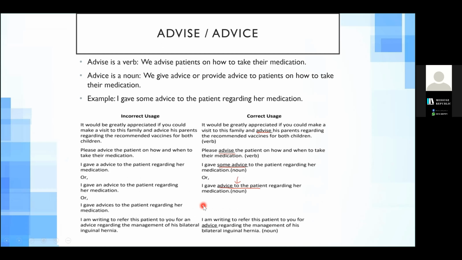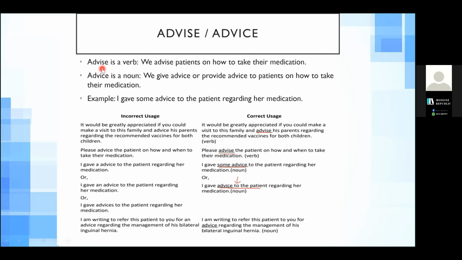Then, advise and advice. Just read this out loud. When we are using the s, advise, just say to yourself advise. It sounds like z, advise. And when we are using the c in advice, it comes out as advice. This will help you figure out where to use the word advise and where to use the word advice. This is just a trick that I used to remember it by.